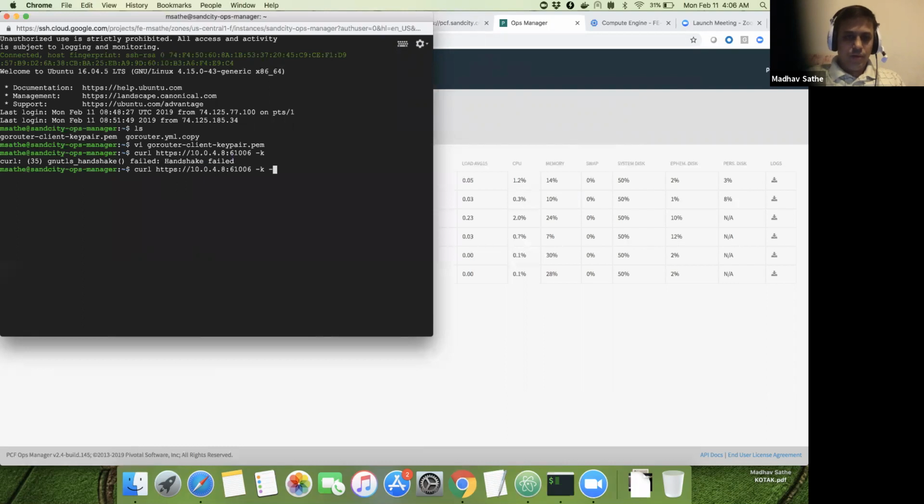Now we will try the same command passing on the client key pair of the GoRouter. Now if you see, as soon as we passed on the key pair of the GoRouter, pretending to be GoRouter, the application request was successful. Now on the same port, same VM, if we try again without the